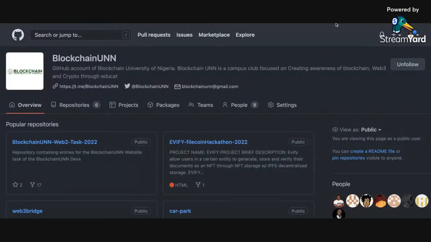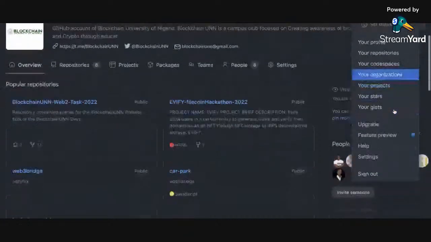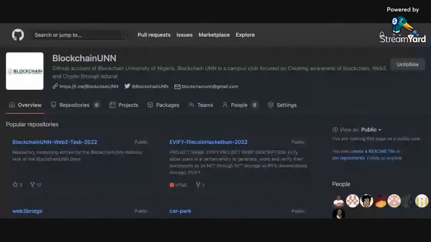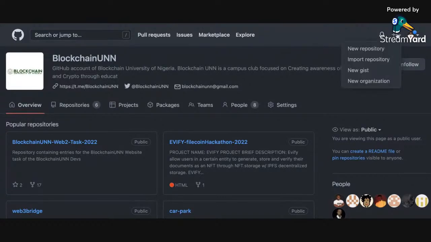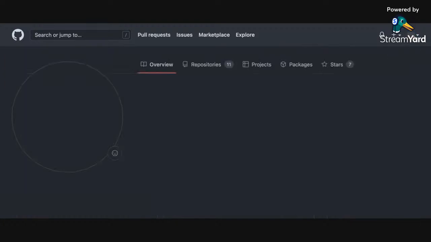Is there a white version? Let me see if there is a white one. Darlington, how do I get the light version of this? I can only see the dark. Okay, I may actually use the dark version too, but I think you could change it in the settings. Go to your settings, click on the account icon, your settings.